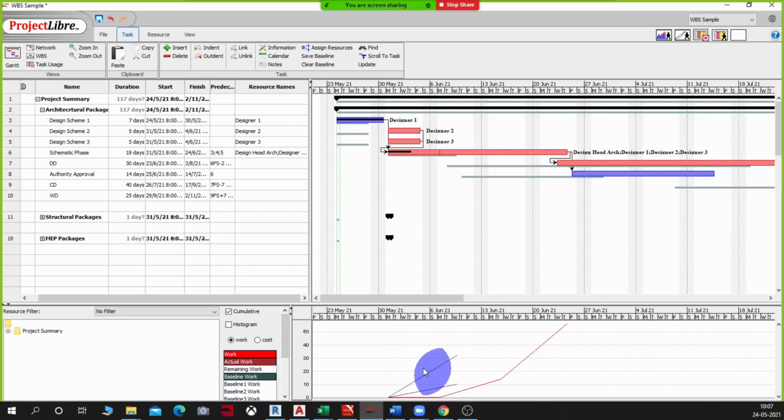So you see, the green line here is telling me what was the actual amount of work that was supposed to happen, how much work has happened, and what's the actual work cost. The actual work that has happened is this, and this is how the work was planned. Now it is showing me that error because I have not changed any values for designer 2 and designer 3.